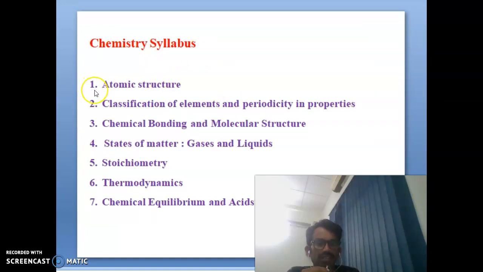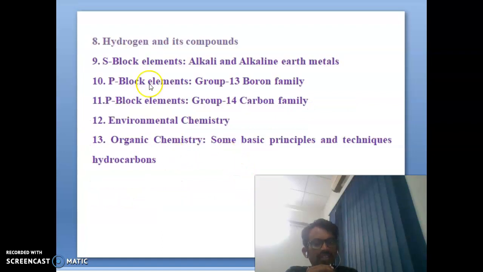The first topic, or the first lesson, is atomic structure, and the second lesson is classification of elements and periodicity in properties, and the third is chemical bonding and molecular structure, and the fourth is states of matter: gases and liquids, and the fifth is stoichiometry, the sixth is thermodynamics, and the seventh is chemical equilibrium and acids and bases, and the eighth is hydrogen and its compounds, the ninth is S block elements, alkali and alkaline earth metals, the tenth is P block elements group